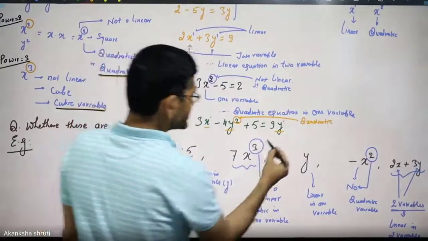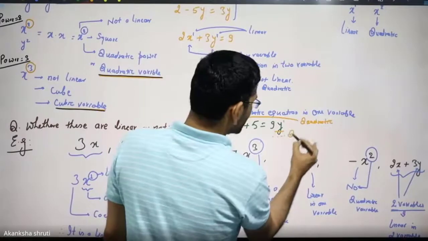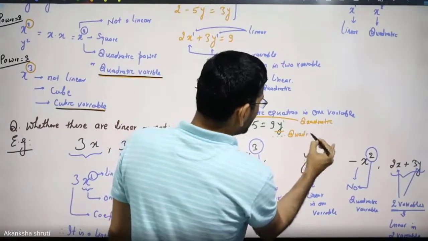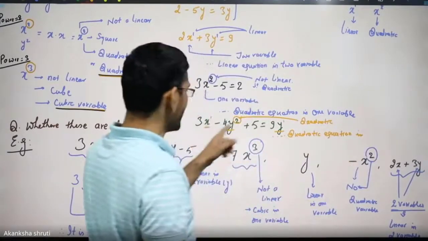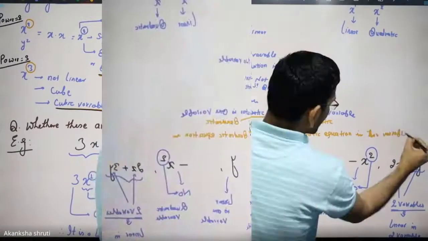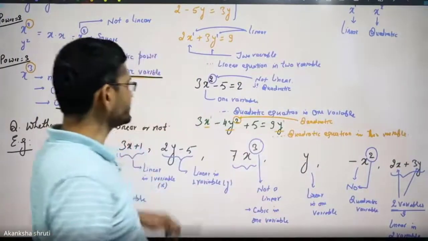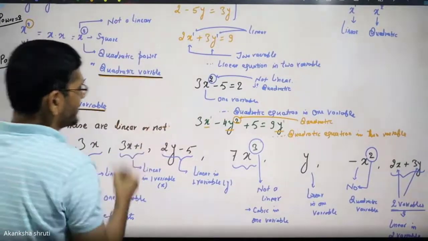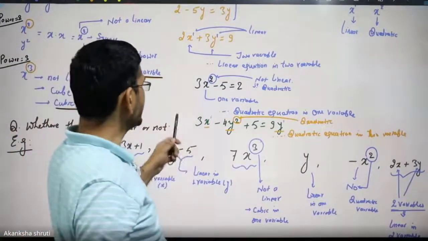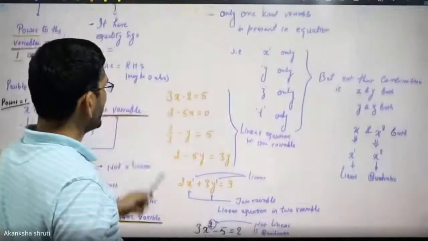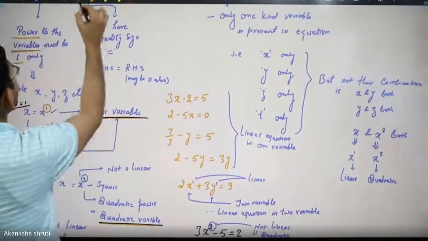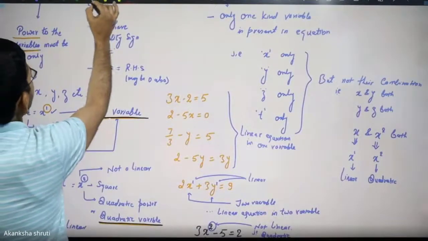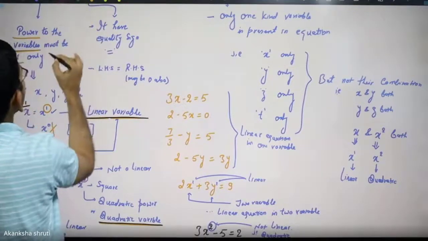So it is a quadratic equation in how many variables? x and y are the two kinds of variables. So these are very easy to identify. The very first kind of question which is framed or asked is that you have to identify whether the given equation or expression is linear or quadratic. So that we have listed here, students.